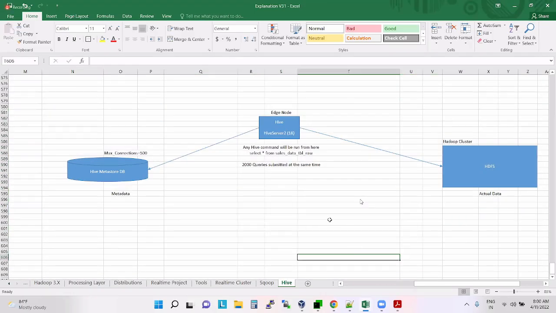Let's say this is your edge node. Hive is installed here. If you submit any Hive command, let's say select star from sales data table, this is the command you submitted. So what will happen? If you run this command, what will Hive do first? Hive will connect to